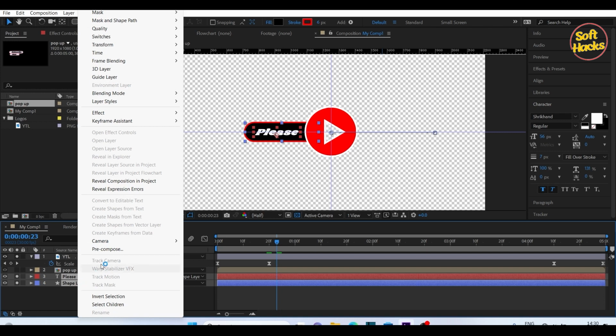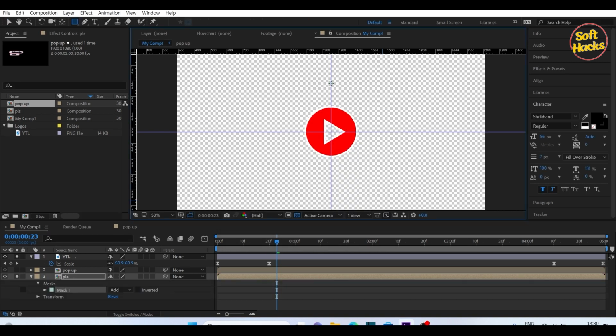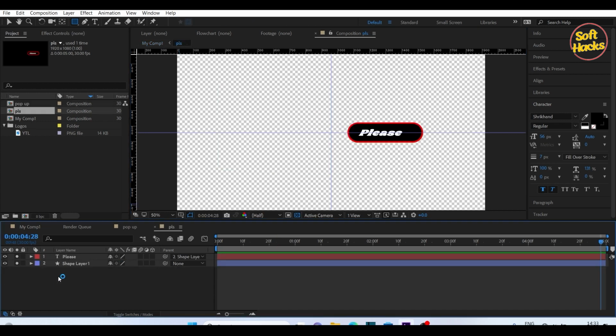Select the text layer and the shape layer and convert them into a single bunch using precompose function. PLS is the name that I give to the new precompose. Click on the precompose PLS and then click on rectangle tool and then draw a rectangle. If you draw a rectangle this way, it will be a mask. So we put a mask, then double click PLS to reveal its components and then hit U key of your